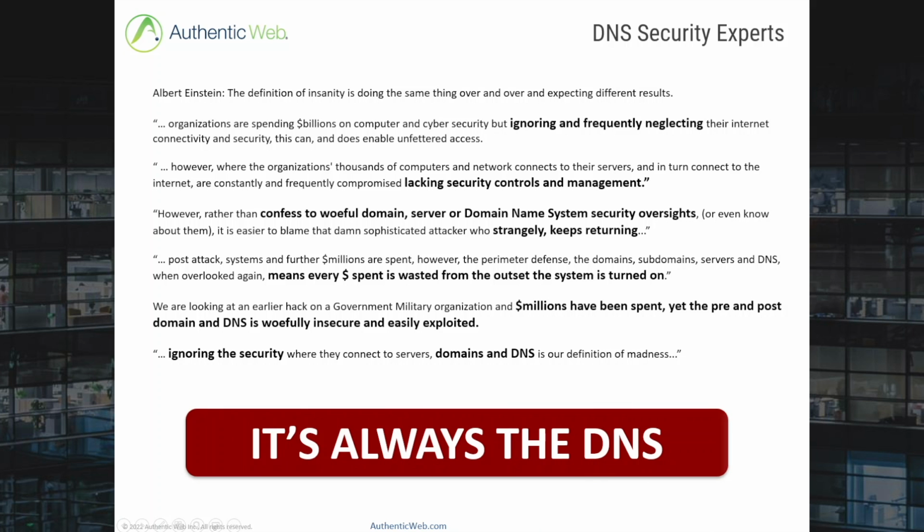And you no doubt have heard this phrase, it's always the DNS. It's so well used that it's become a bit of a meme because it's true. Whenever there's a problem on some network, service, your team hunts, and more often than not, it's the DNS. And it's always the DNS when everything is humming along just fine. And it's often the DNS, or at least a contributor, when attackers compromise your business.